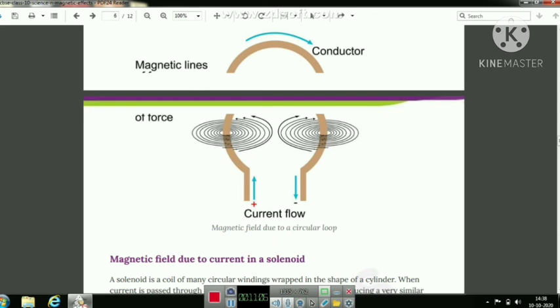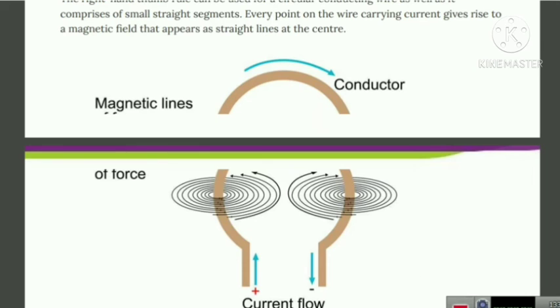Suppose the straight wire is bent in the form of a circular loop and current is passed through it. The magnetic field produced by a current carrying straight wire depends inversely on the distance from it. Similarly, at every point of a current carrying circular loop, the concentric circles representing the magnetic field around it become larger and larger as we move away from the wire, going away from the center.